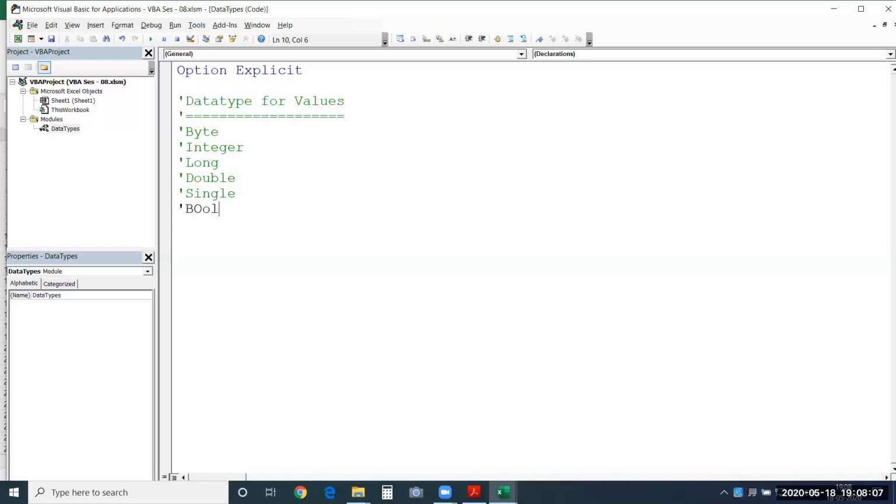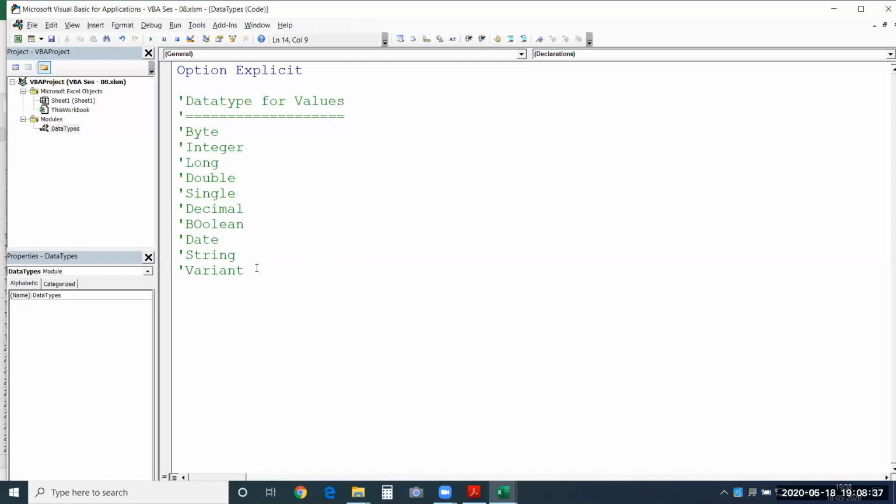This is boolean, and we also have date. String is used for text, and we also have something known as variant over here. And you also have some data types like decimal. So there is a huge list of data types like this.